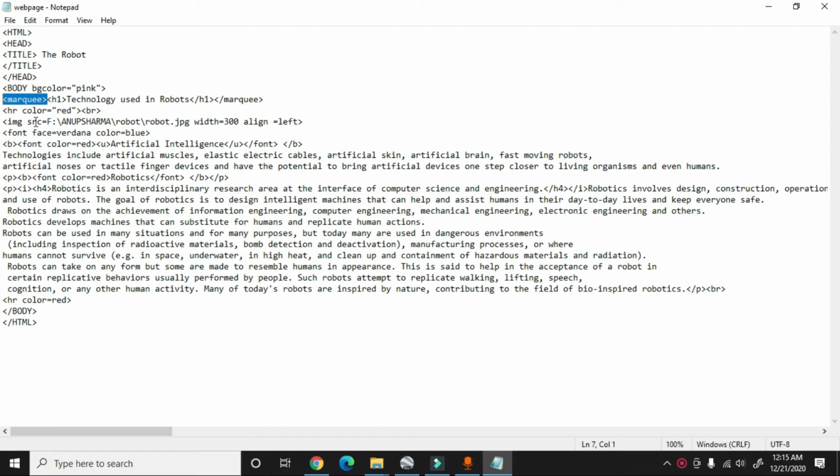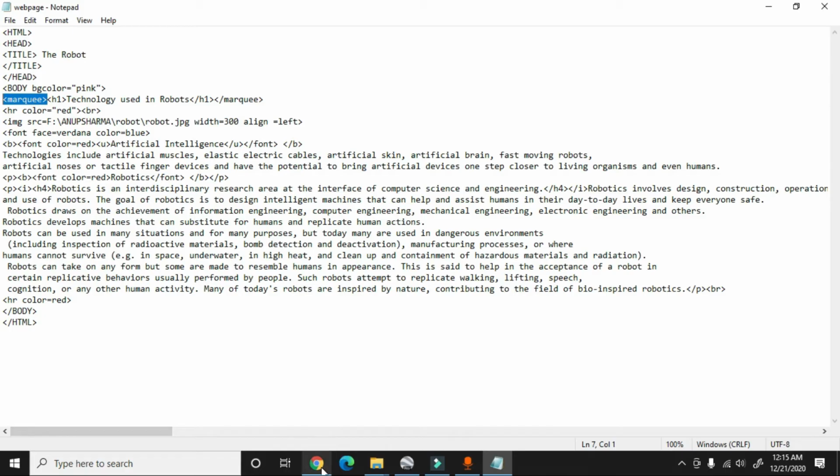Image source: I have a picture of a robot in my computer which I have included in my web page. After that I have given a font tag. I have given some attributes like face equal to Verdana, color equal to blue. After that I have written some text here and applied different tags to edit the text.